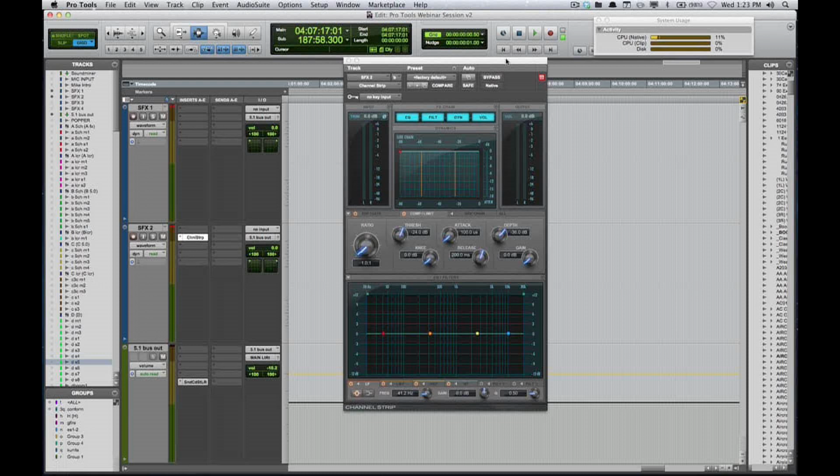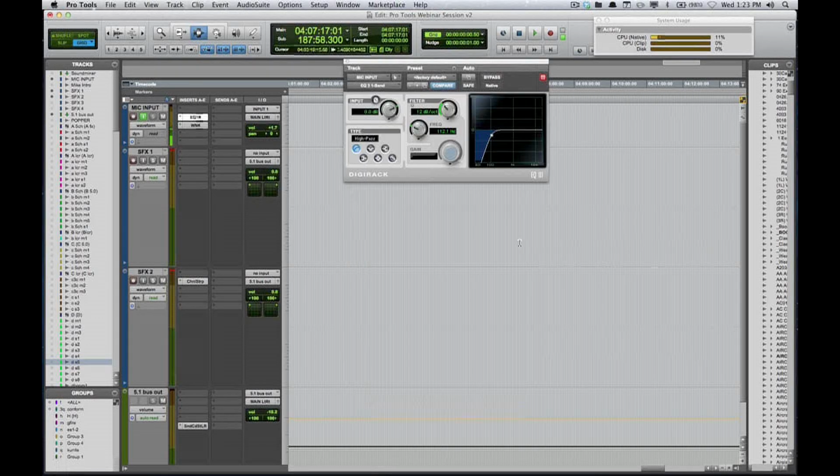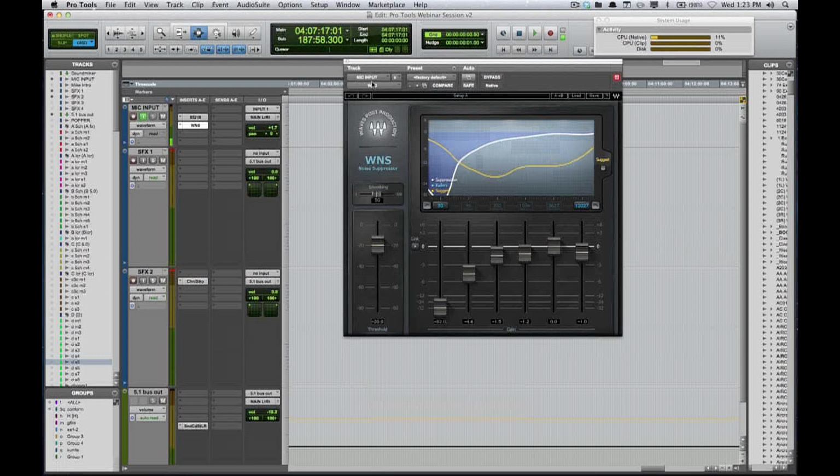When I think channel strip, I think all-inclusive. I want to go to that channel strip. I don't want to go anywhere else. If I go into the EQ, one of the issues I have is there's no low pass or high pass, which is a big bummer. For example, with just what I'm doing for this webinar, I've got this channel going right here. I've got just a high pass going. I'm rolling off all the junk I don't want people to hear. And yes, I'm running some noise reduction.